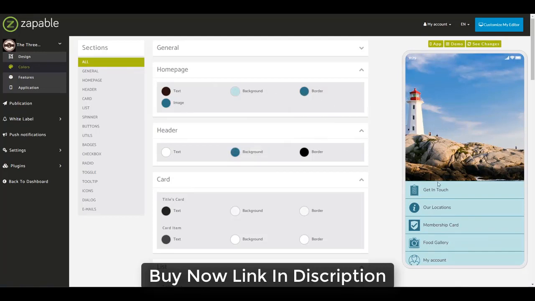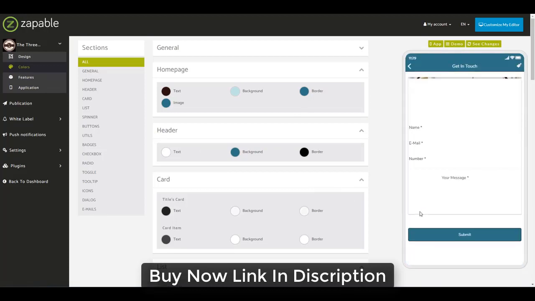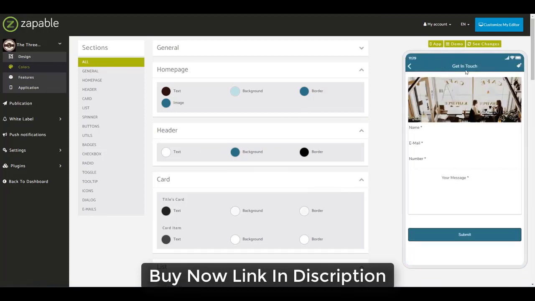I've gone for a dark border to make sure that it's clear which one of these is going to be an item. And then the image icon itself, you can see these down the side. I've chosen a sort of a darker colour for that, which matches the border. And then if we go into a particular feature within this, you can see with the header options here, if I go into, let's say, Get in Touch, you can see across the top here we have the Get in